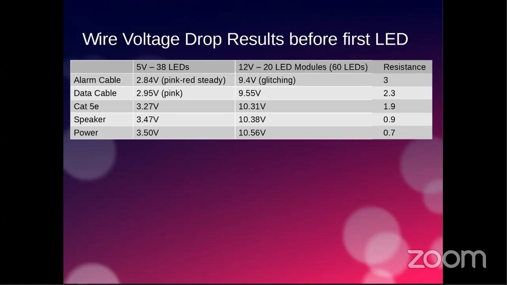As I moved to the speaker wire, the voltage dropped slightly on both. The resistance was marginally higher, but only marginally. It's a reasonably heavy speaker wire. The Cat5e, the resistance basically doubles to 1.9. And you can see that the voltage is going down progressively. Well, by the time you get to the data cable, the resistance is up to 2.3 ohms, and now the